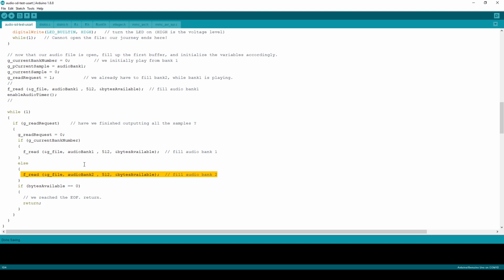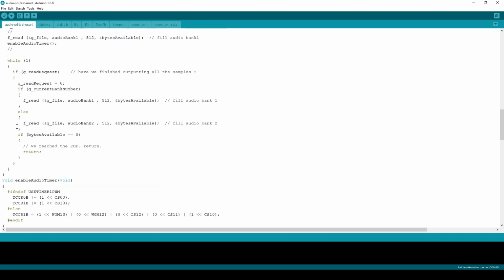After buffer 1 has sent all of its data to the PWM units, we swap the functions of the two buffers. Now we load into buffer 1 the next audio data, while samples are being sent out from buffer 2. Here we wait again, and we repeat the procedure by swapping the buffer functions each time. The loop ends when we reach the end of the file.